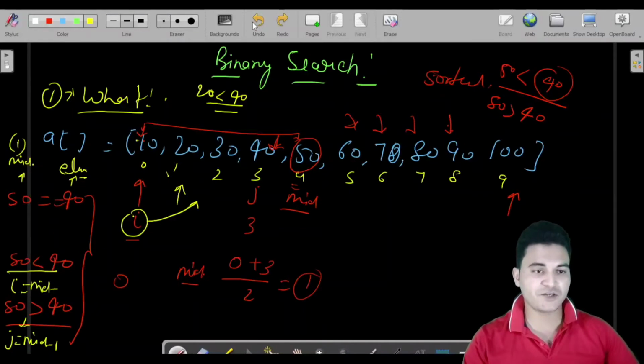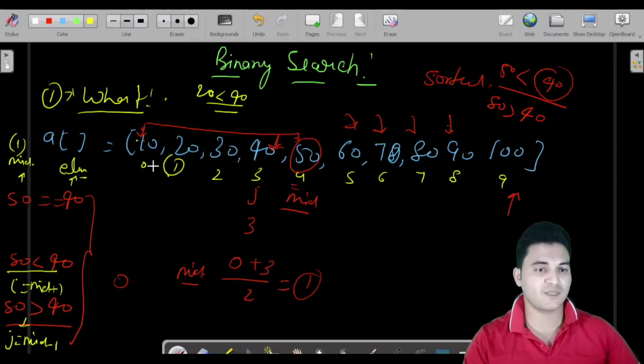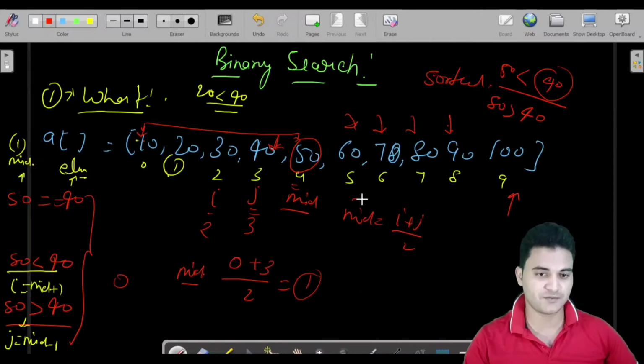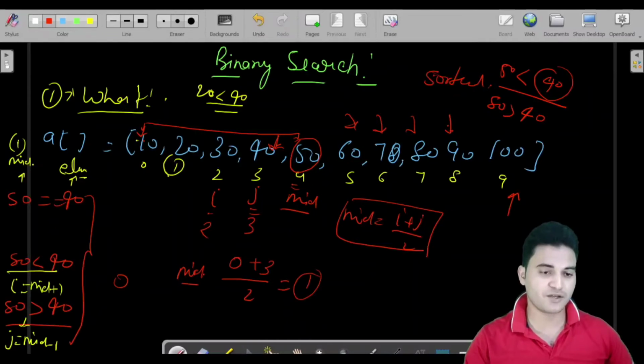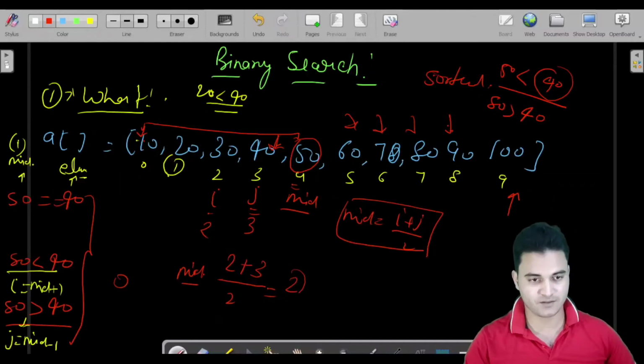Now our I is pointing to the second index, which is this one. Now our j is here, I is here, so the value of I is 2. Now we'll again calculate mid. So this is the formula for calculating mid, I plus j divided by 2. This is the formula, and we'll put values again into this. Fine. Now the value of I is 2 plus the value of j is 3, divided by 2. So you would get 2.